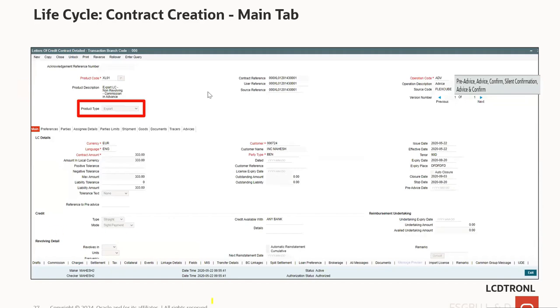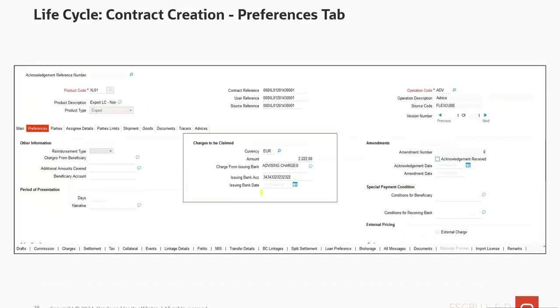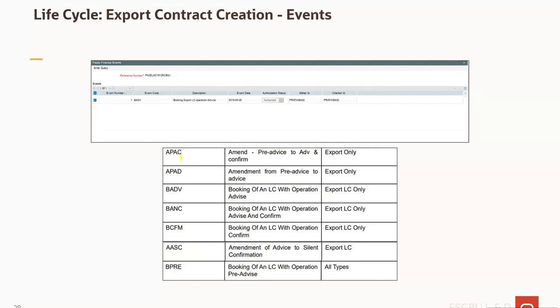Yeah. So I'm getting into the export LC. Export LC is basically, as I was explaining to you, where I will capture the charges to be claimed, and this is normal, and these are the various events that can happen. Okay, this is something you need to understand. So for example,